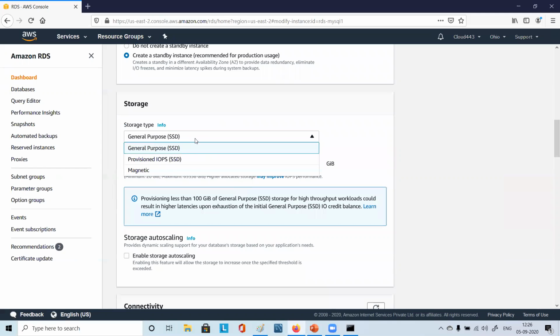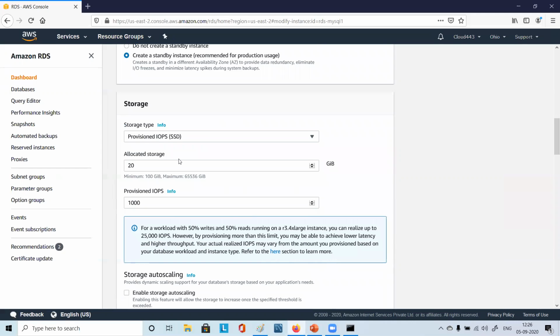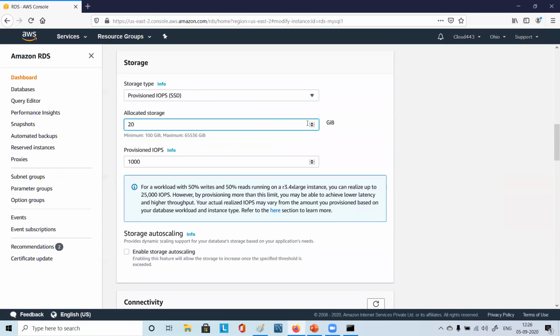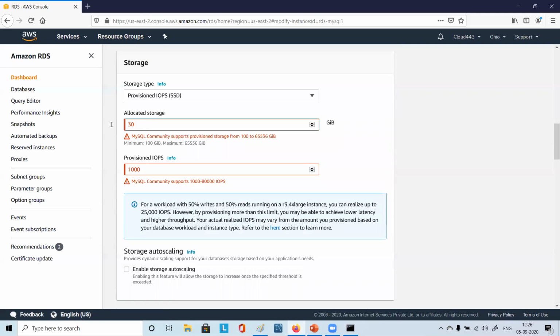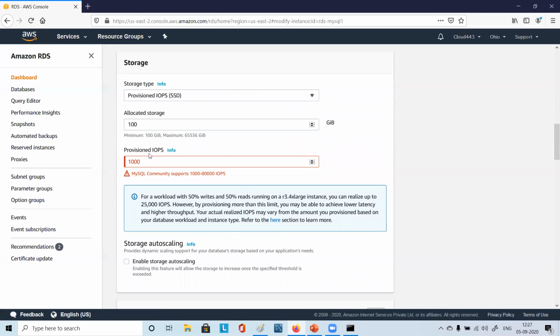You can choose storage from SSD, or you can go for provisioned IOPS. You can increase this size. MySQL community supports provisioned storage of 100 GB and above only, so you have to go for a minimum of 100 GB.